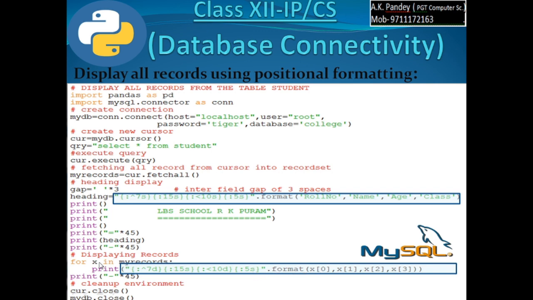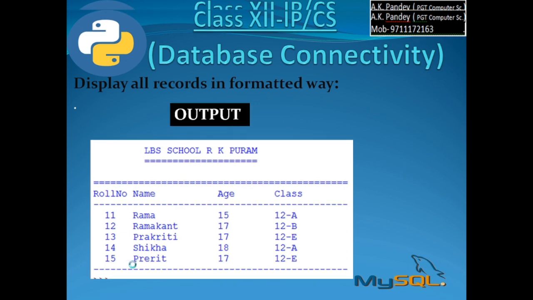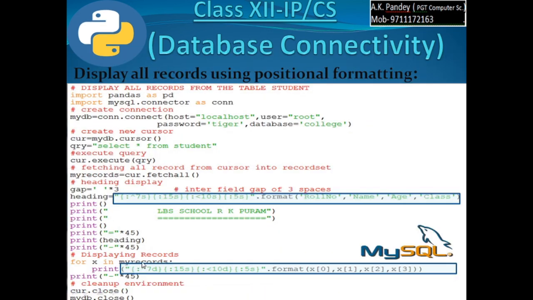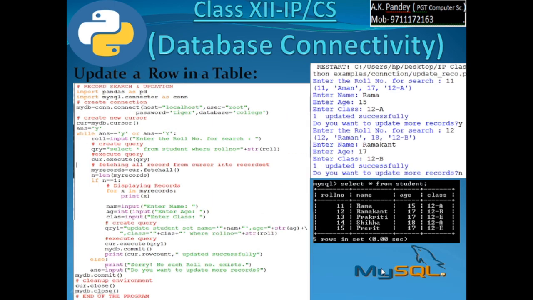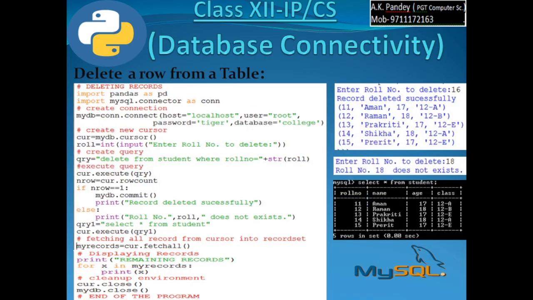If you directly write X, the whole tuple gets printed, as you saw earlier in my records, where you wrote for X in my records, print X, so the tuple of the record was being displayed. Here out of that tuple we can write X of 0, that is the first component, roll number, X of 1, that is the second component, name, of the tuple of the record, X of 2, that is the third component of the tuple of the record.